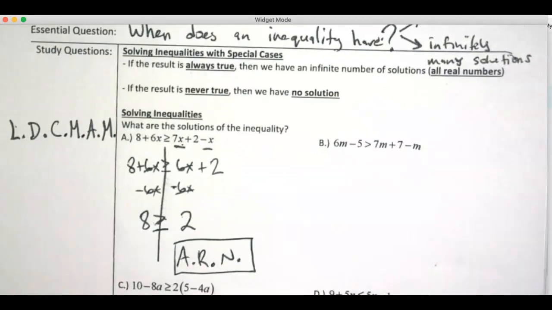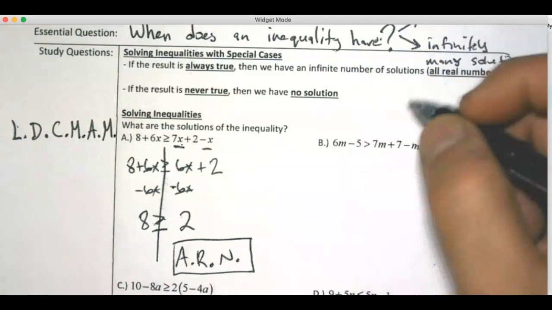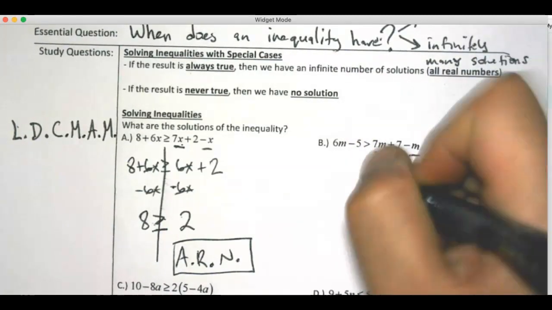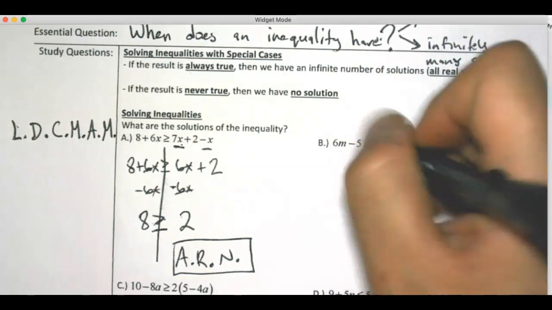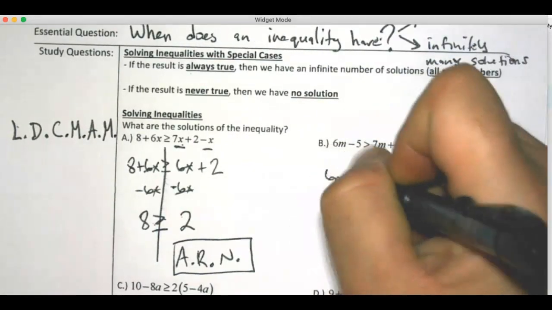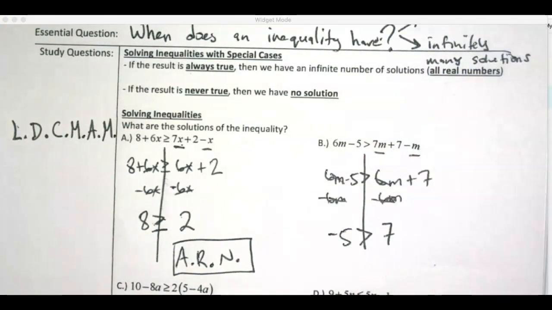So in this one, let's see, we have very similar to the last one. We have like terms here. Wait, don't forget that line. No like terms on the other side, no distributing. Bring down 6m minus 5, that's greater than 7m minus m is 6m plus 7. Once again, on this one, when I subtract 6m on both sides, the variables all zero out. And I have negative 5 still on the left side, I have 7 on the right, and this says,